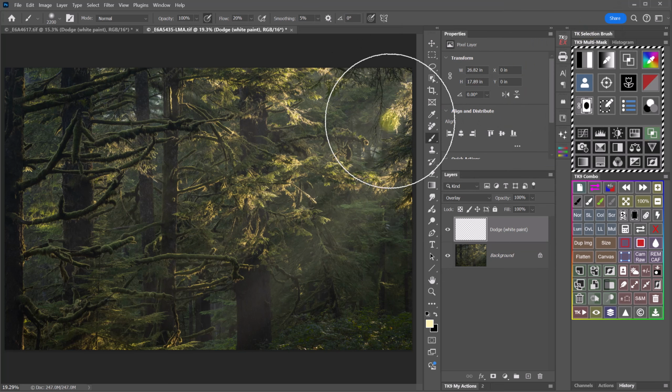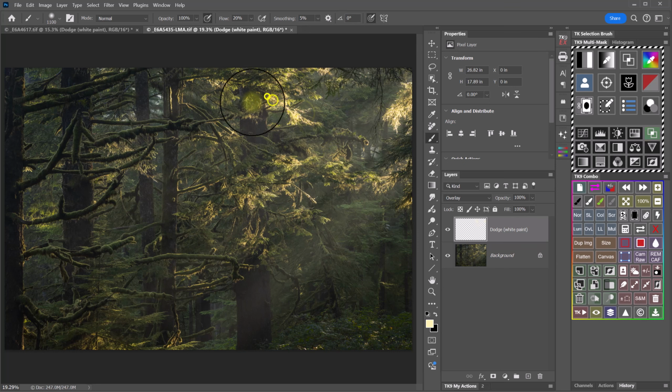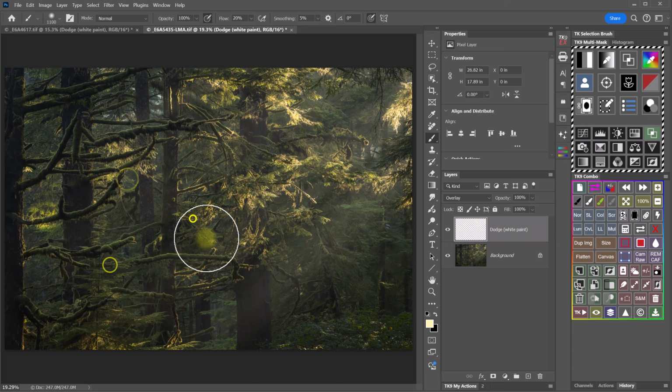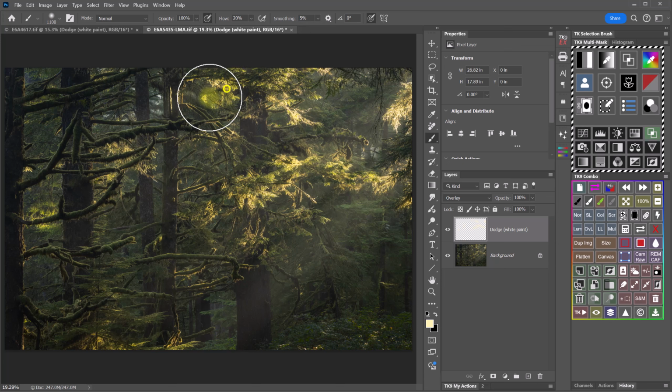And now I can paint through the blurred luminosity selection and paint in the glow everywhere in the image where the backlighting is. Down in here, up in here. There's some faint light rays coming through the mist. I have to decide, do I want to bring those in a little bit more as well? So I am going to paint along those and bring that in. All right, let's see how it looks. So before, after,